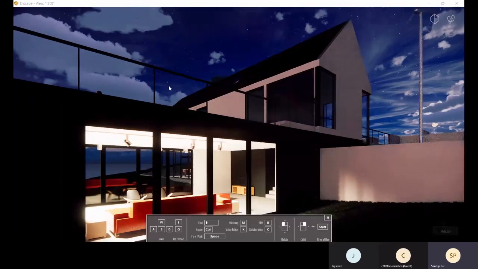So let me do it again, this screenshot option.